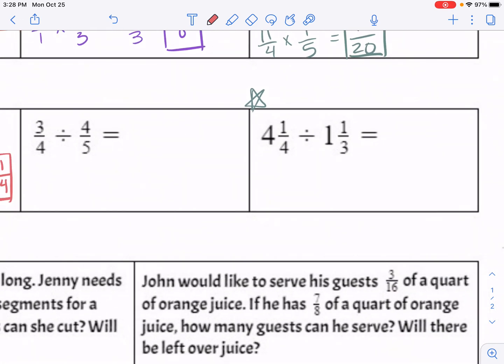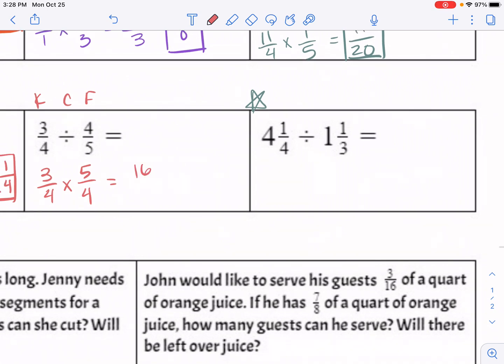All right, the next one I'm going to keep, change, flip. 3/4 stays the same. Change my division to multiplication and then flip. So now it's 5 over 4. And I just multiply straight across. So 3 times 5 is 15, and then 4 times 4 is 16. And that cannot be simplified. 15 and 16 cannot be divided by the same thing. So it is just